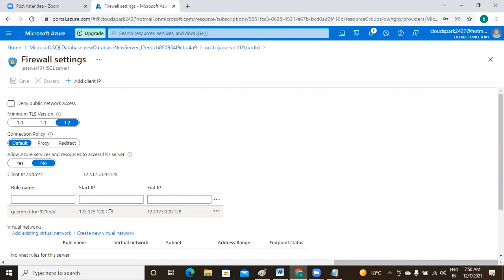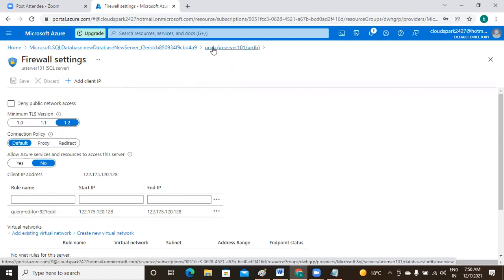In this way, there can be multiple clients for your SQL. If a client wants to interact with this, not everyone can interact. Only the IPs which are already registered in the firewall can access the data. They can connect with the SQL. Of course, this is completely security and database administration related. So those people will take care of all these things for you. Okay, come back to your SQL.